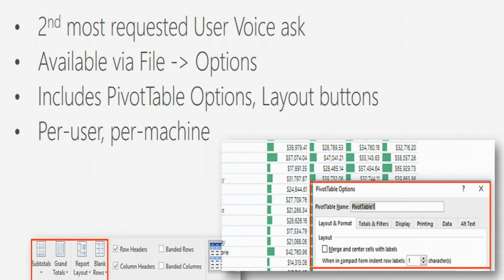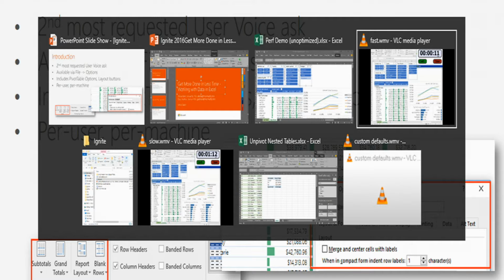What typically ends up happening is that people have their own favorite layout they'd like to work with, whether it's making changes in the report layout or in pivot table options. So this lets them have a personalized way to do that. And when we release it, it's going to look like